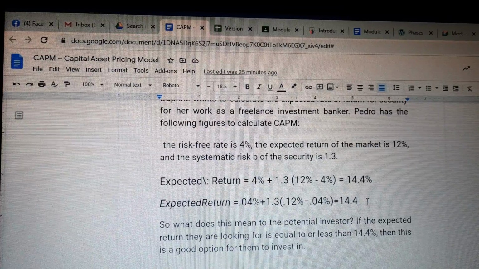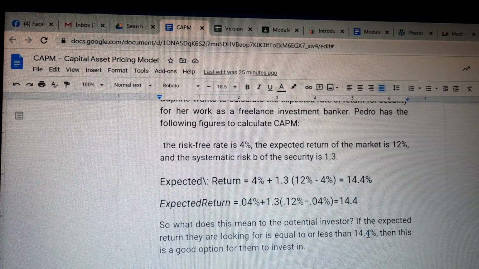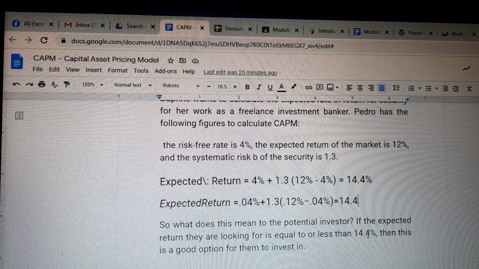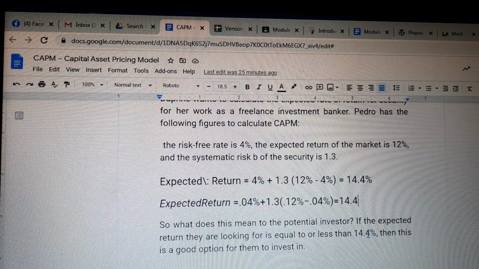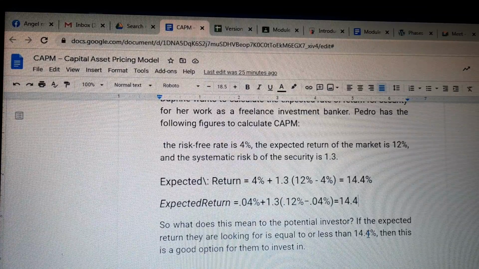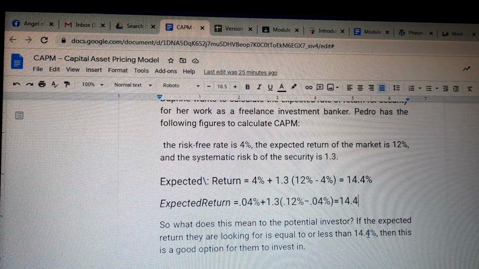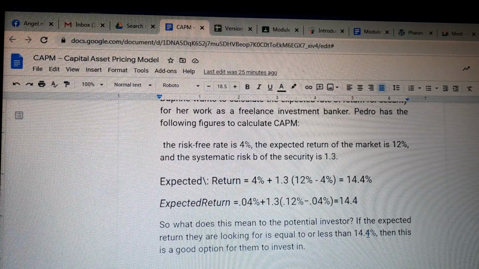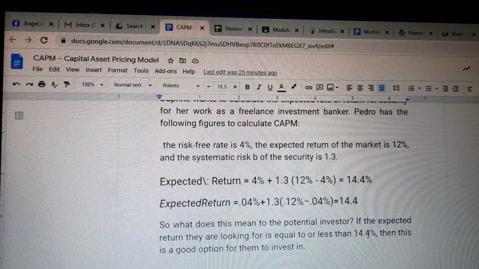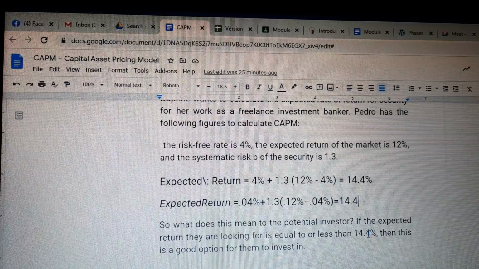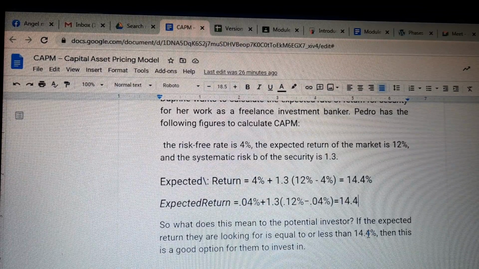So what does this mean? So to a potential investor, kung ang iyang expected return is equal to or less than 14.4%, then this is a good option for them to invest. What do we mean by equal to? So kung ang expected niya nga return sa iyang investment before calculating the return of investment using capital asset pricing model, kung 14.4